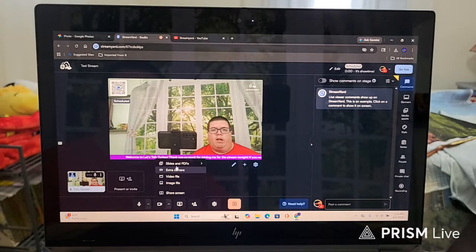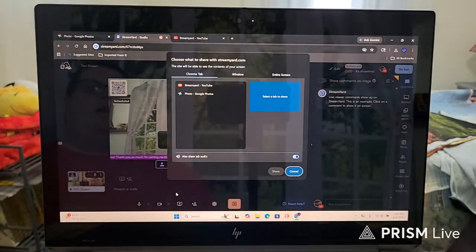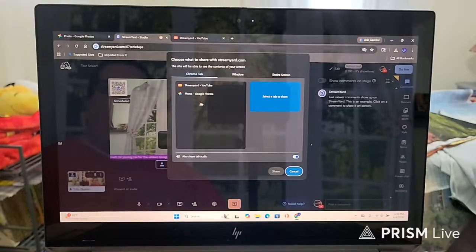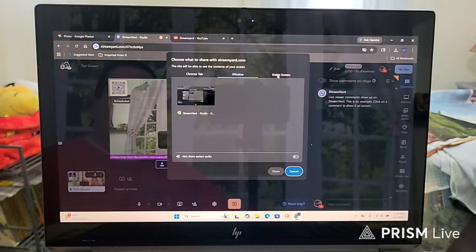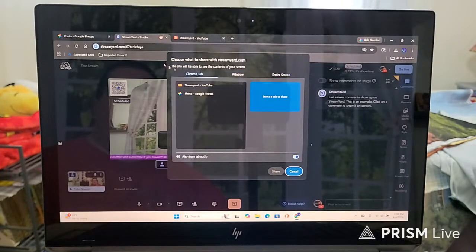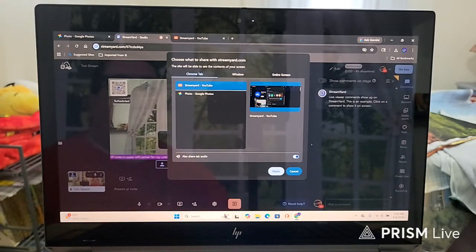I have not done these options. I just do share the screen. And then here we go with all the other tabs. You can do the Chrome tab, the window, or the entire screen. I usually just go with the particular Chrome tab that I want to share. And I'm going to go look at the